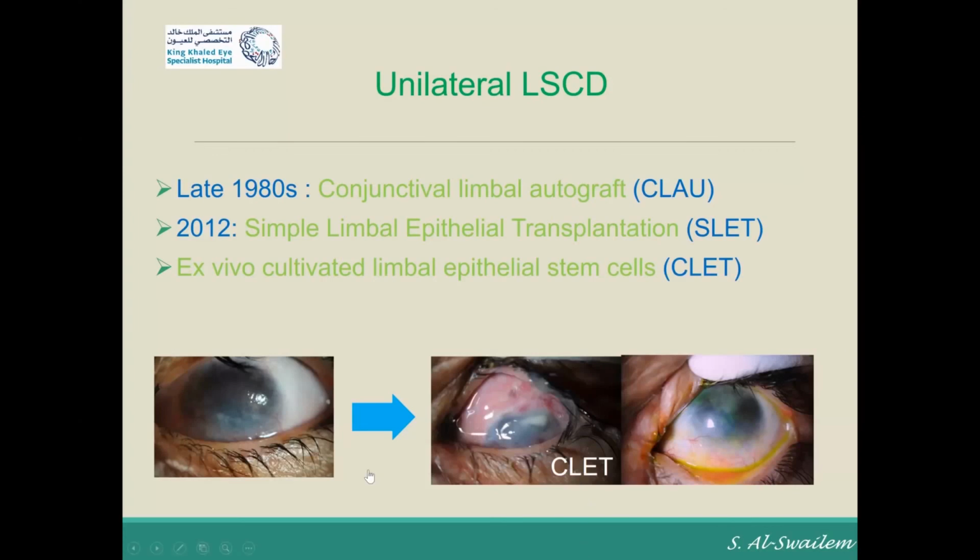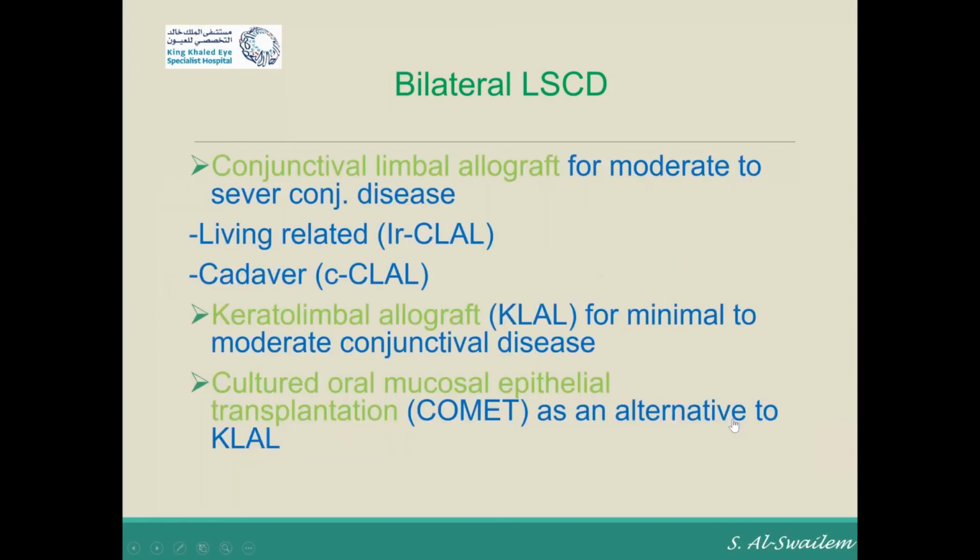And this is an example of a patient who underwent CLAU at KKESH, when we had the limbal stem cell unit functioning, but the patient developed an infection, and this is the appearance post-op. If it is bilateral, then you can do conjunctival limbal allograft from either a living related donor or from the cadaver, meaning from the donor,